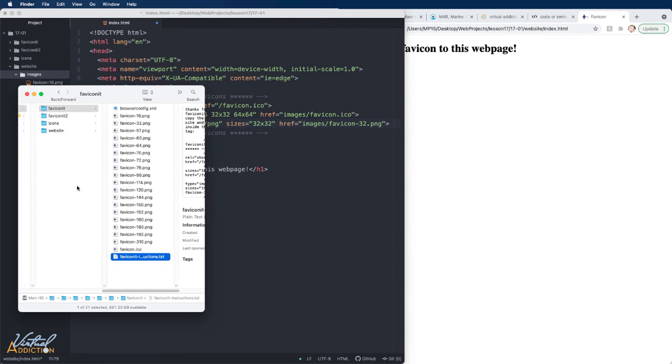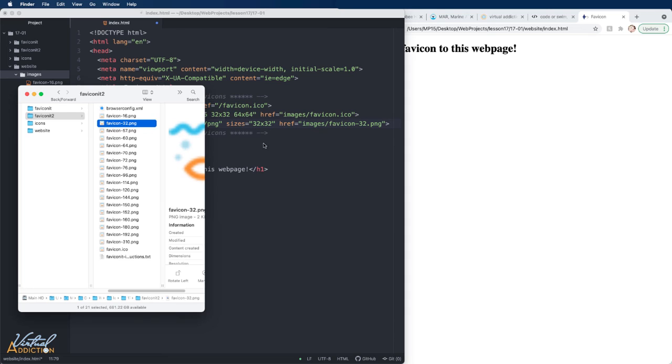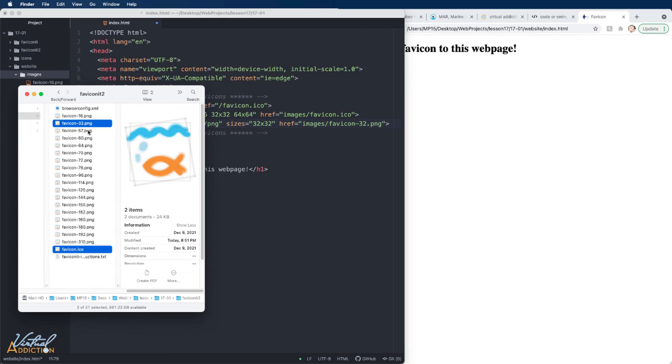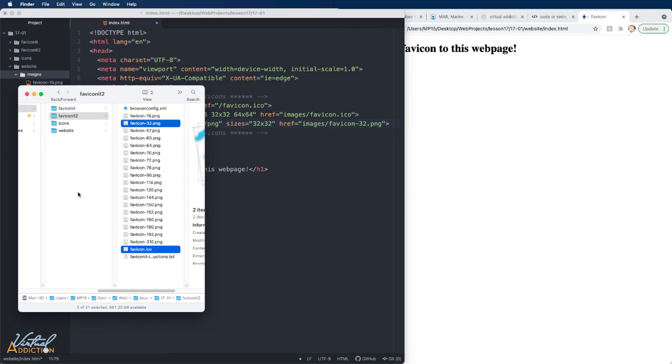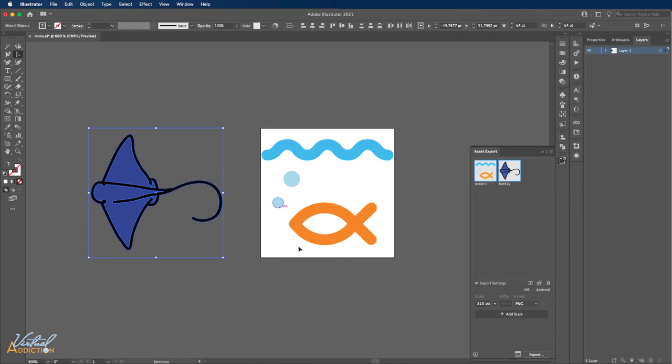Finally, what I want to show you is what happens if we use our other elements. So I'm simply going to replace my current favicon with this other favicon element that I created. I will grab the favicon 32 and the favicon ICO. I'm going to simply copy these into my images folder. If I refresh on the page now, you'll see that the icon is going to change. The reason that I'm pointing this out is you can see that the icon is very hard to understand. Even though the icon appears to be relatively simple when we looked at it in Illustrator, it has a little bit too much complexity when it's reduced down.